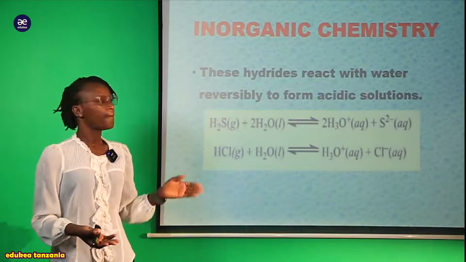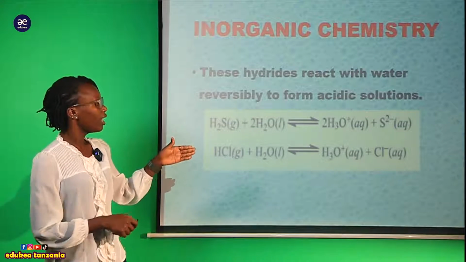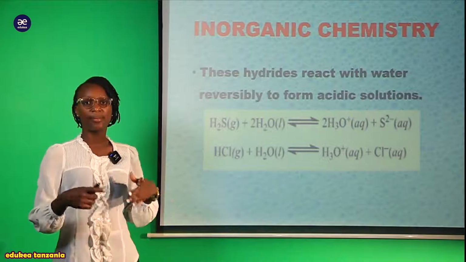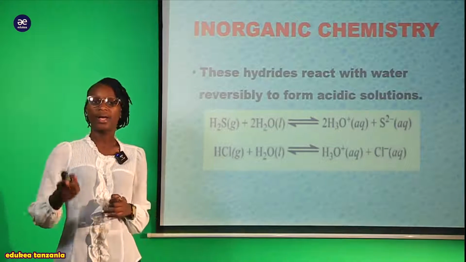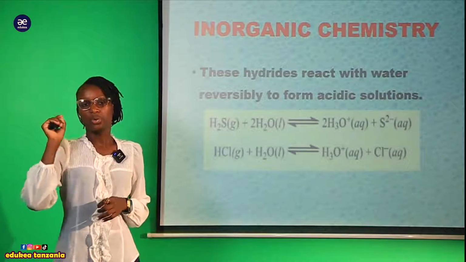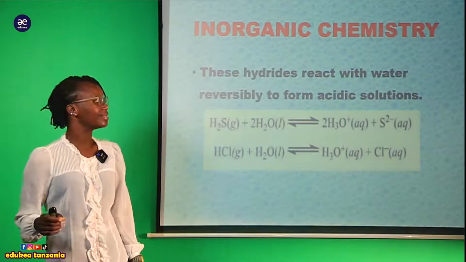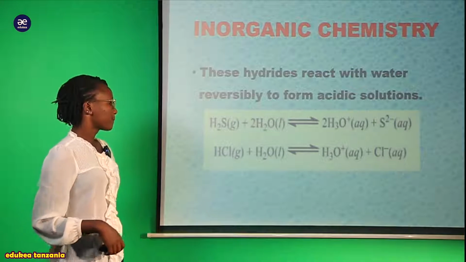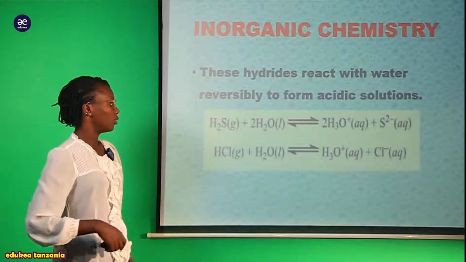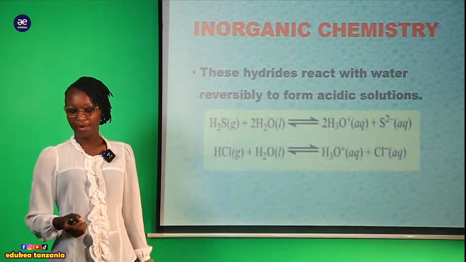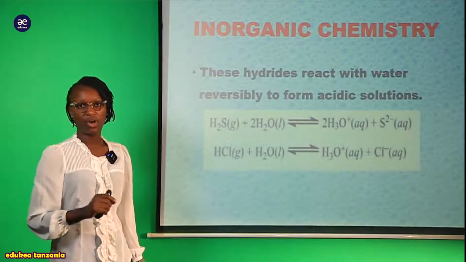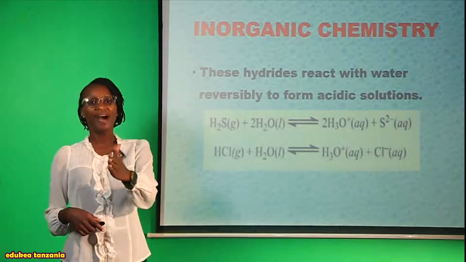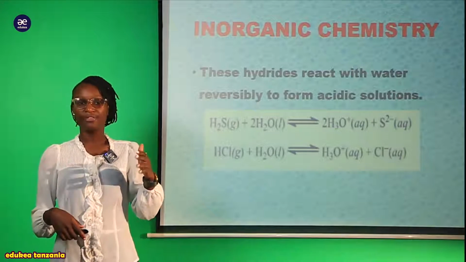Why an acidic solution? Because of the production of the hydroxonium ion. Hizi hydroxonium ion haina tofauti na hydronium ion ambayo ina present that the solution is acidic. So you can see here, this is the hydride of the sulfur plus water molecule. So why tunasema kwamba hii ina involve reversible equation or reaction? As you see here, there is a double arrow, lakini pia hizi double arrow zipo half to each other. Ina maana forward is half and backward is half.